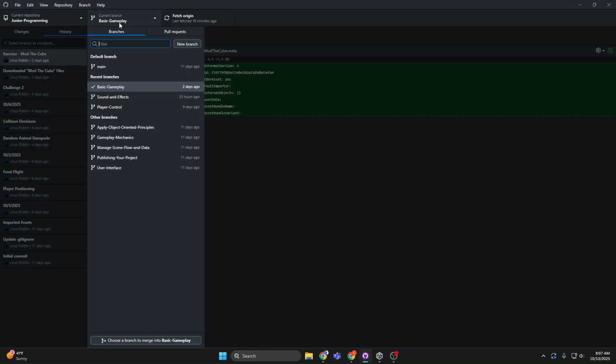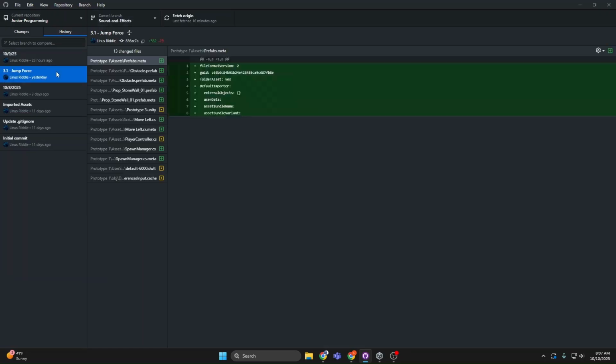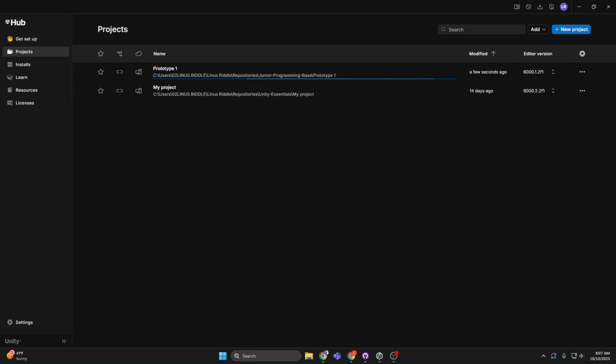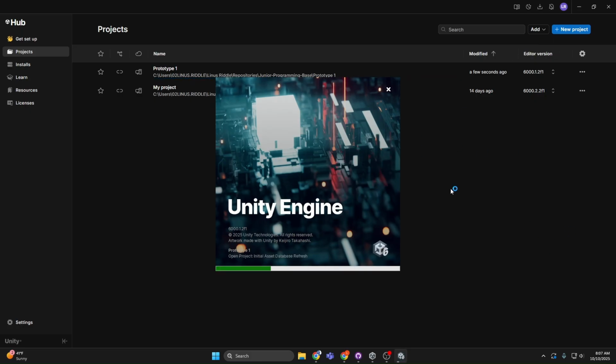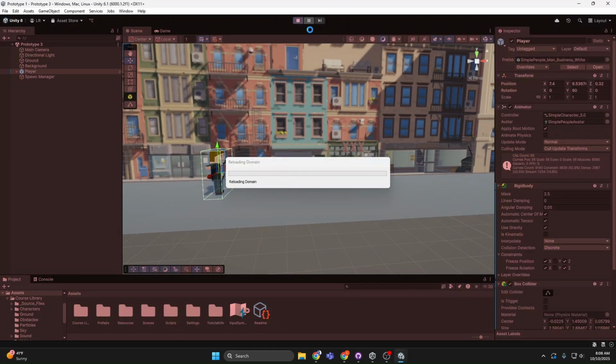So that was it for the basic gameplay branch, and then I moved on to standard effects, which so far what I've done is I've added, I'll show you the most recent thing. I added a scene where there is a character. I'll show you. So here you can see that there's the scene. I have my character here, and once it loads up, it looks like you're running to the right,